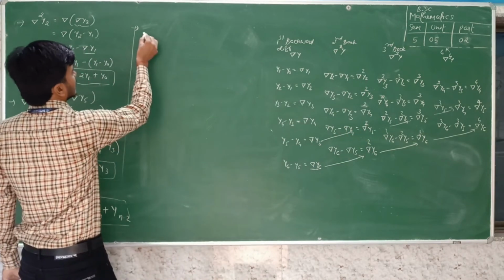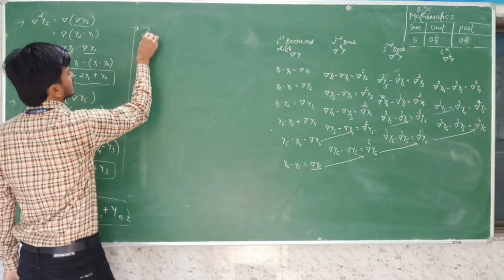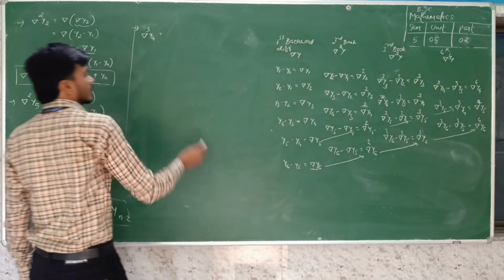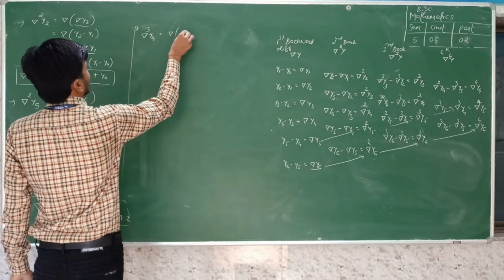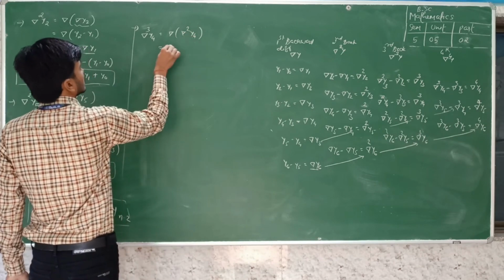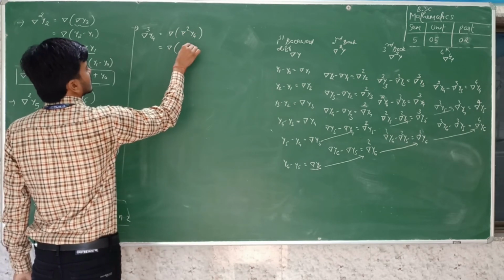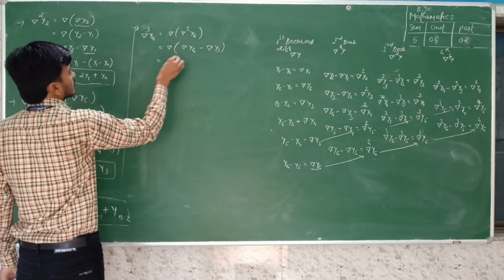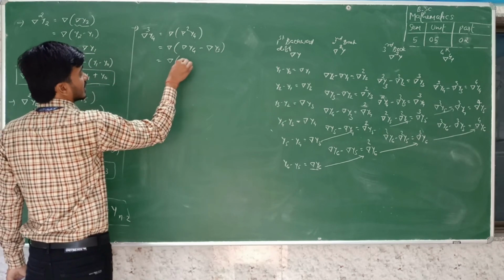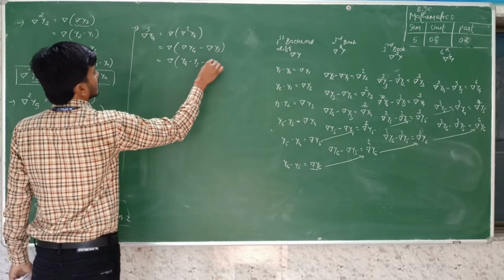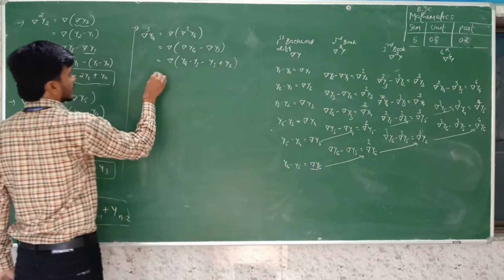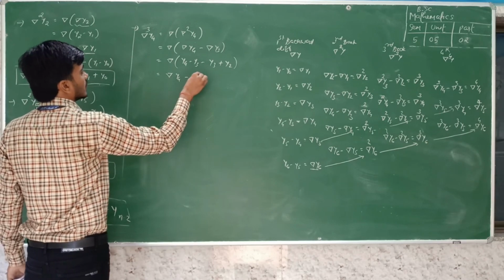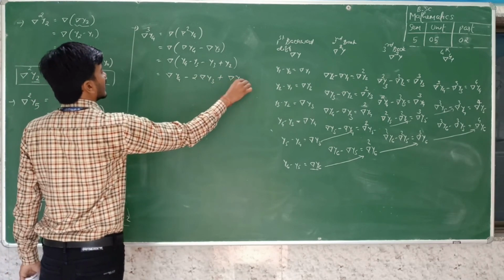So we retrieve the third backward difference of, suppose, y4. We can easily retrieve this. So nabla of nabla square y4. Nabla square y4 means nabla y4 minus nabla y3. So nabla of nabla y4, that means y4 minus y3, here y3 minus y2. So nabla y4 minus y3, that means minus 2 nabla y3 plus nabla y2.